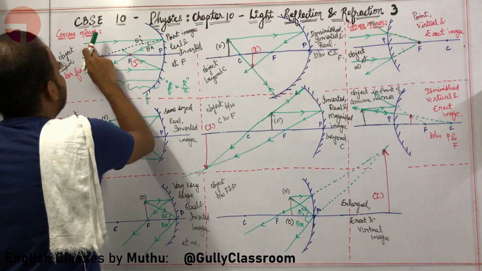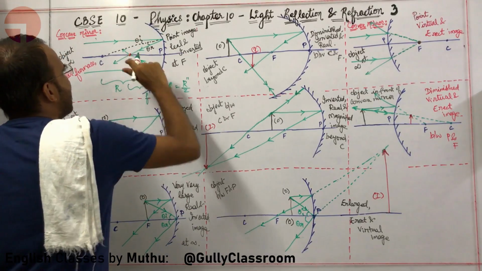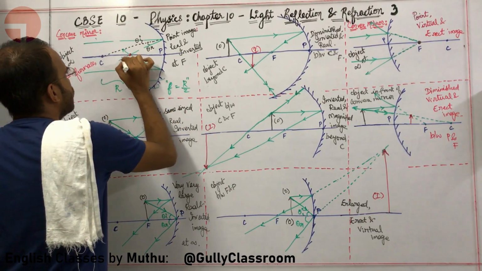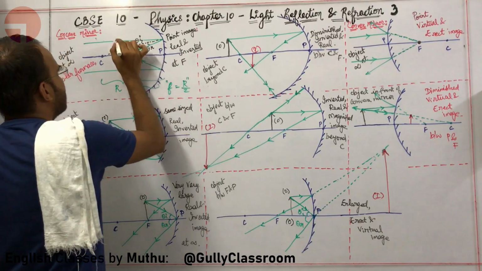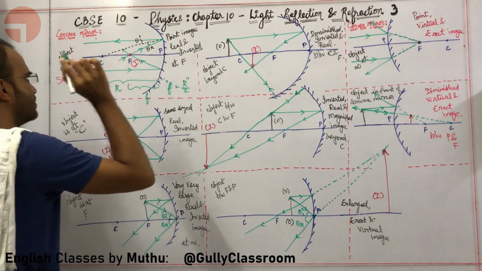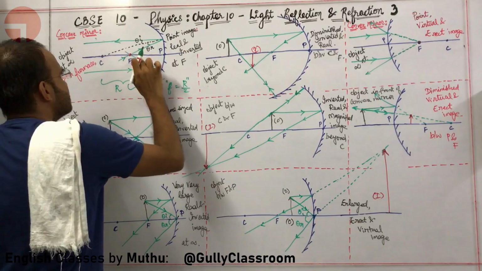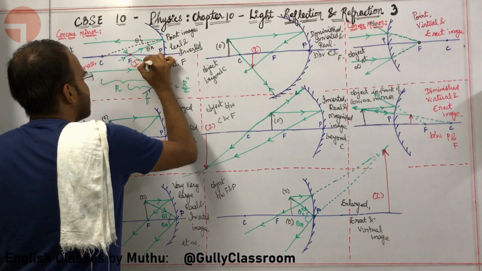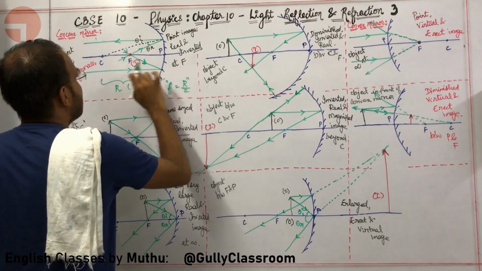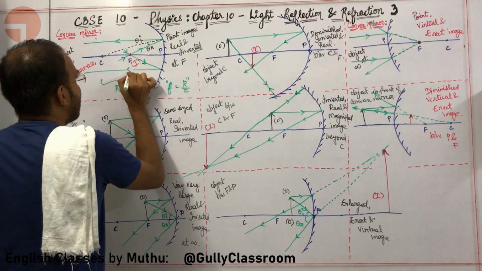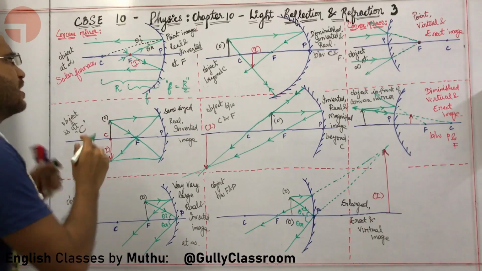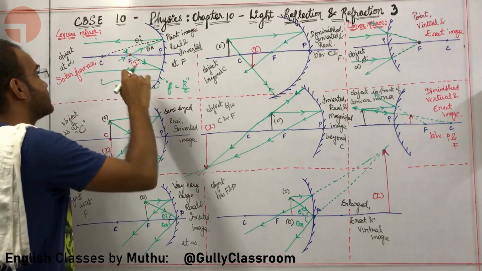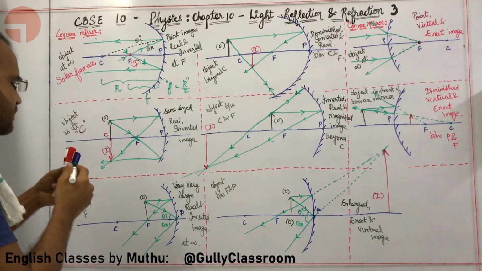So a parallel light ray coming like this and going like this, I can reverse this light ray to go like this through F. What will happen? It will become parallel to the principal axis. Once more, I can reverse this particular light ray to go through F. It will become automatically parallel to the principal axis. Sir, I can understand this. You have already taught me reversibility of light in the earlier lectures. But what is the use here?